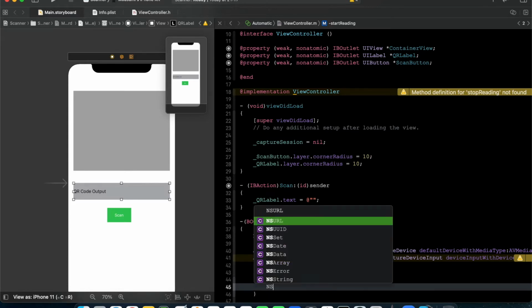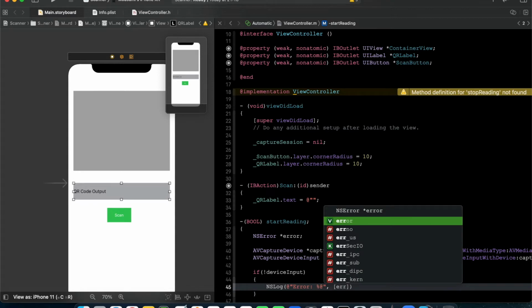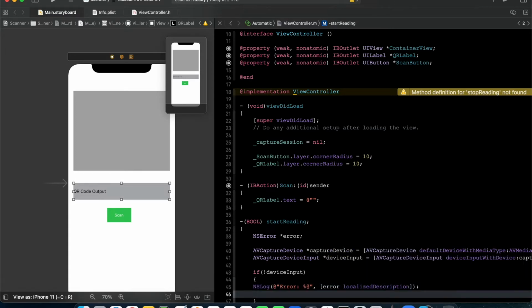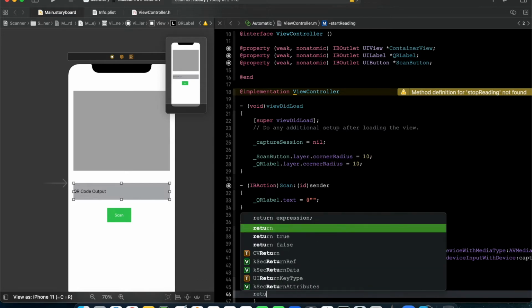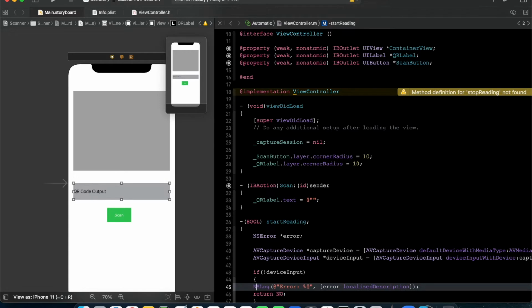So we'll give NSLog, and then we'll give %@ error, and we'll use error localized description. Okay, and then we'll return no. Okay,